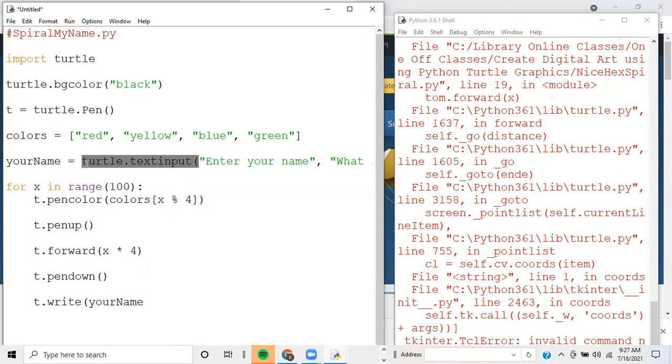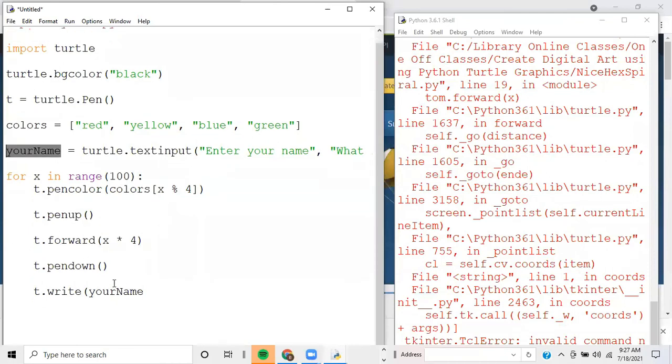I'll show you that once we run our program. And then the value that the user enters will get placed into this variable, your_name. Now we're using it down here in the for loop to write out your name. So we're calling the value of what's inside the variable your_name,